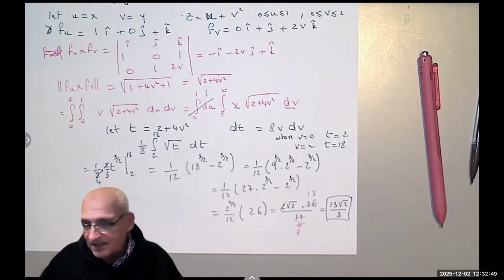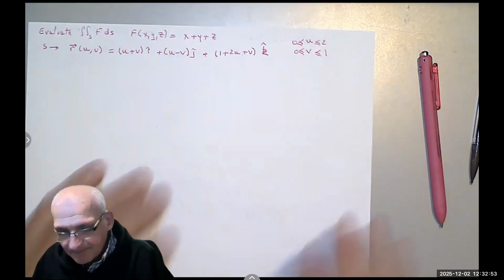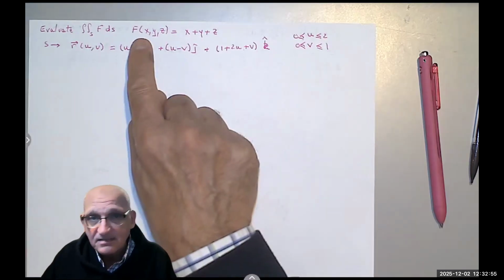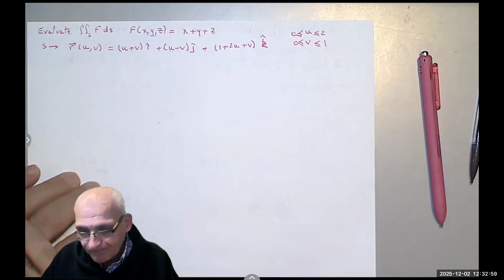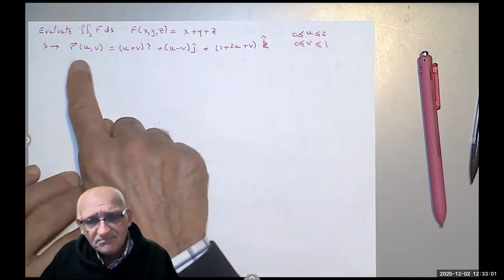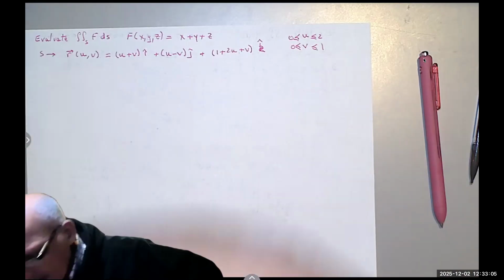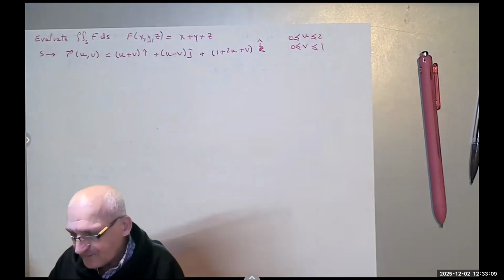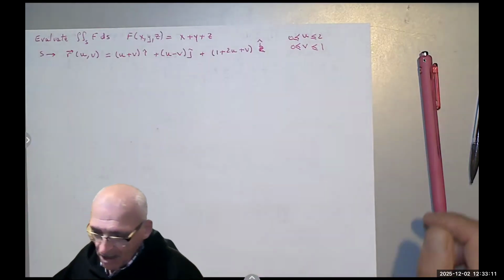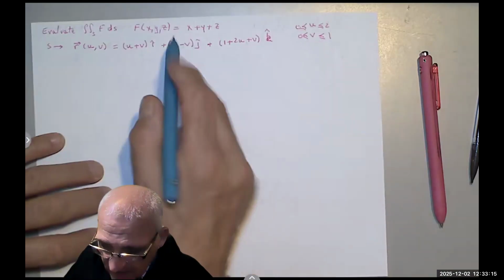Okay? Now, let's take another example. The second example, give me a function, still scalar, but its magnitude is x plus y plus z. And they give me the surface already parametrized. It's R of u and v. And again, u from 0 to 2 this time, and v from 0 to 1. So the first thing we do, since we already have everything,